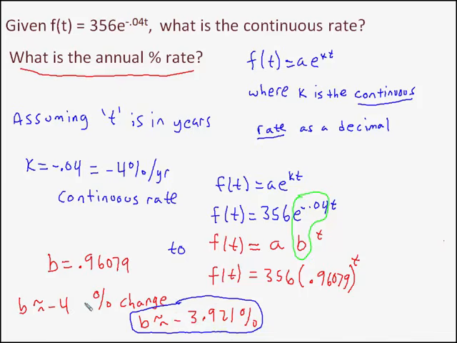But the reason I don't like that answer is it implies that the continuous rate is the same as the annual rate, which simply cannot be the case. Whenever you compound infinitely many times, you cannot get the same continuous rate as a regular rate. So to more decimal places, going down 4% at a continuous rate is approximately the same thing as losing about 3.921%.